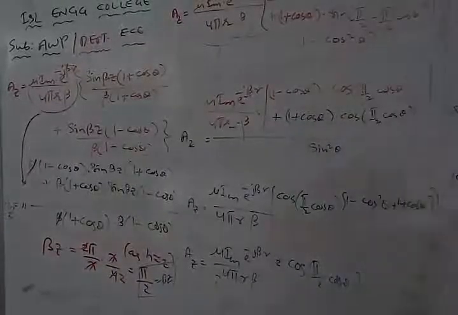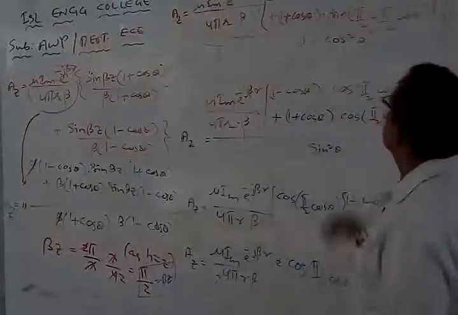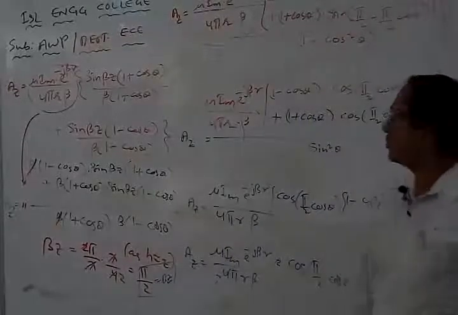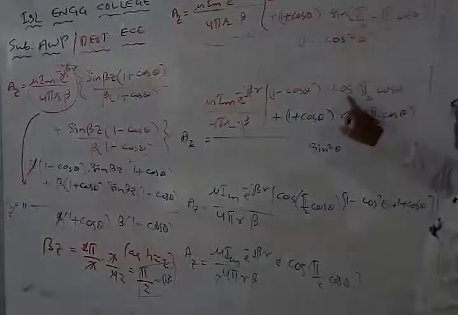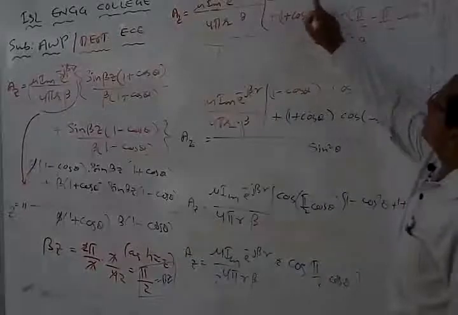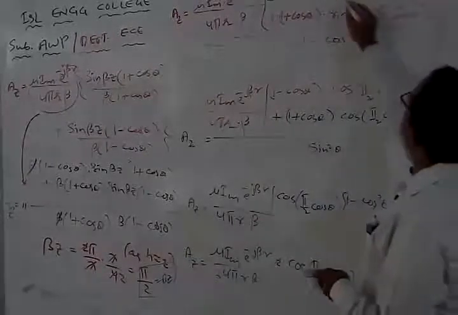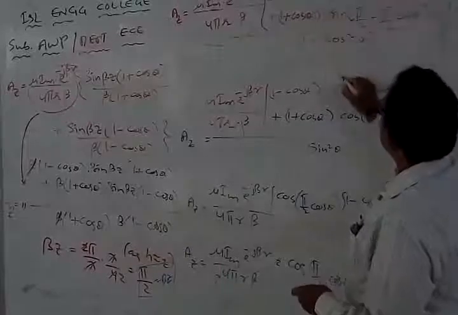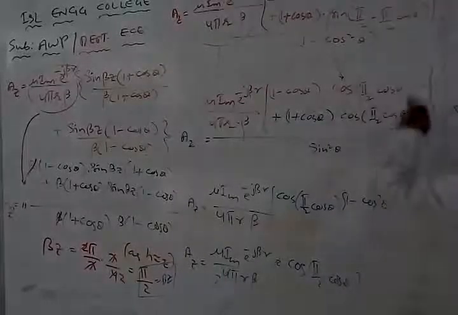So that means, what is sine of pi by 2 plus theta? It's going to be cos theta. Similarly, sine of pi by 2 minus theta is also going to be equal to cos theta. So therefore, I can represent these two as cos theta. So 1 minus cos theta into this part I have written as equal to cos theta part. So that means cos of pi by 2 plus theta.